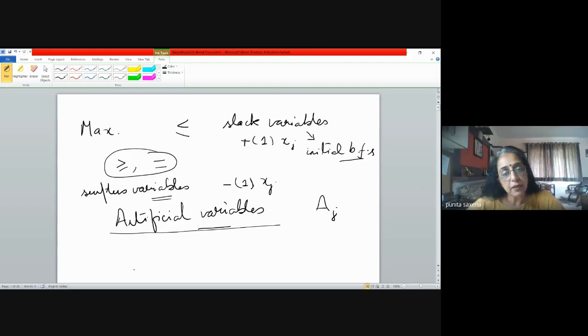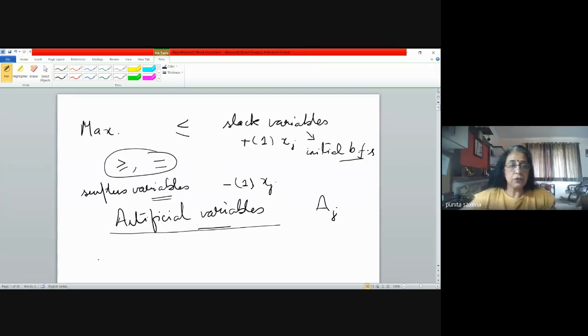Secondly, the algorithm is changed in such a manner that once an artificial variable leaves the basis, it can never re-enter the basis. So that means it's gone forever, and we can do away with it in our subsequent tables or iterations. That is the beauty of these artificial variables, the way they are introduced and the way we solve it.